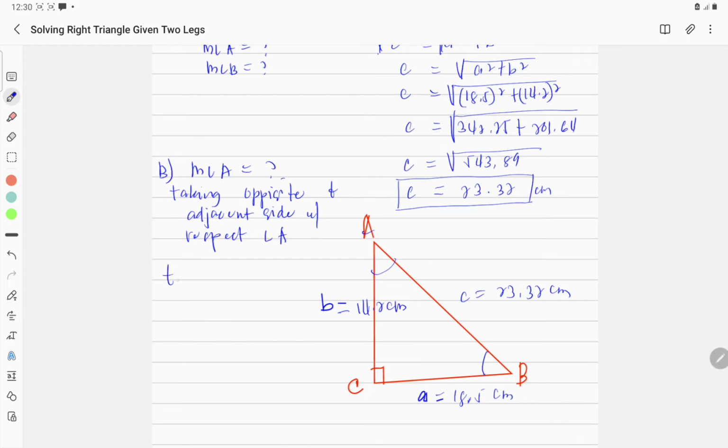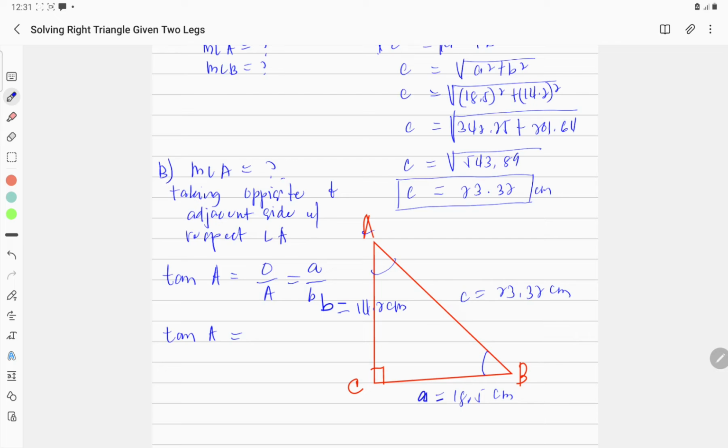So we'll be using tangent A because that is your reference angle. You have the opposite over the adjacent, where your opposite is A and your adjacent is B. Now plug in the values. So we have tangent A is equal to